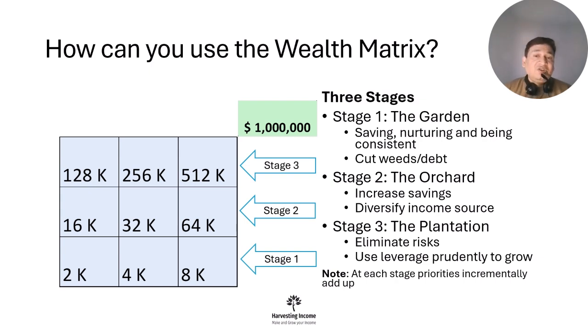So once you reach stage two, you have a better chance of increasing your savings. You can diversify into other funds, other stocks. You have more options to play with. In stage one, you're just playing with a limited amount of money. You cannot take much of a risk. In stage one, you're more focused on not losing money. In stage two, you're trying to diversify and you're trying to improve or increase your efficiency.